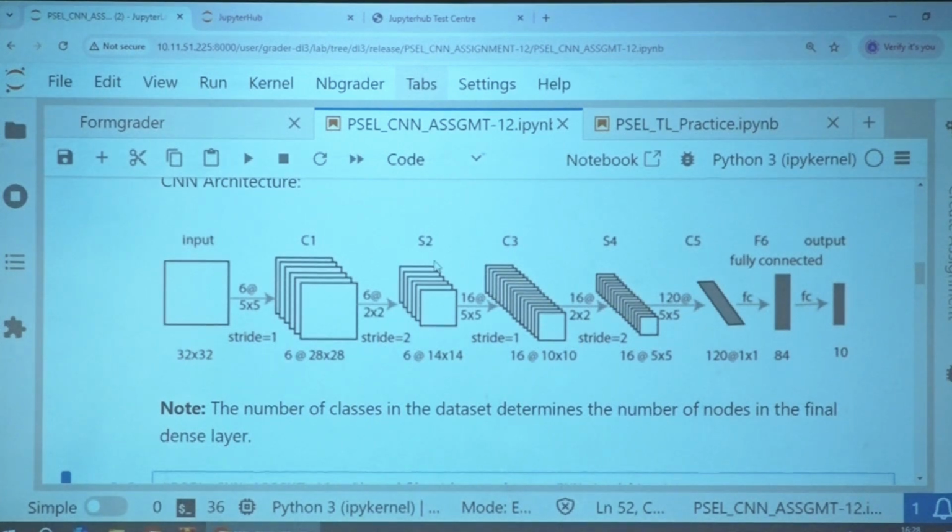Next, the second convolution layer. With the sequence of numbers, it becomes C3, the third layer. The second convolution layer has 16 filters, the filter size is 5 by 5, striding is 1 and padding is 0. Next, again a max pooling operation with the same window size 2 by 2 and striding 2 by 2.